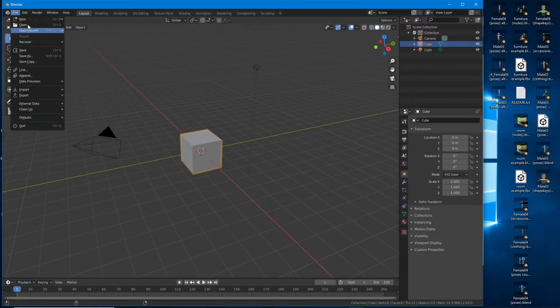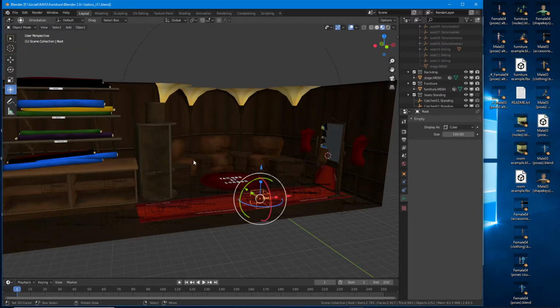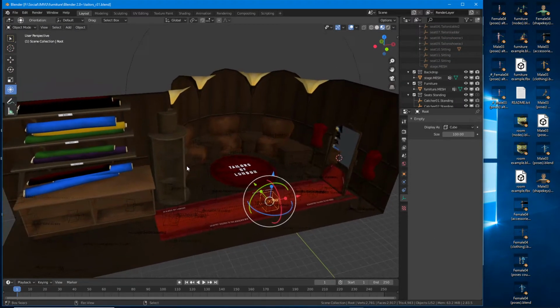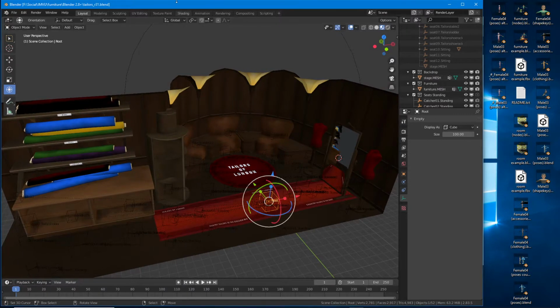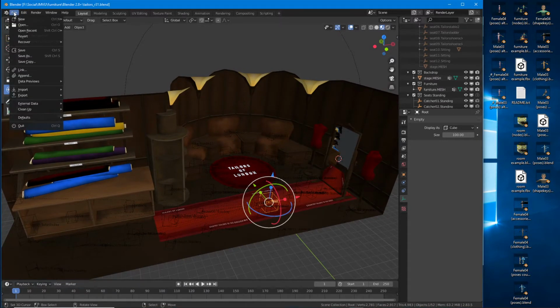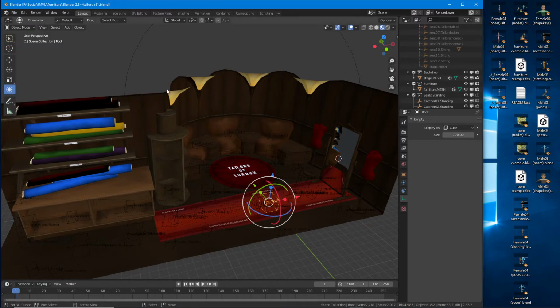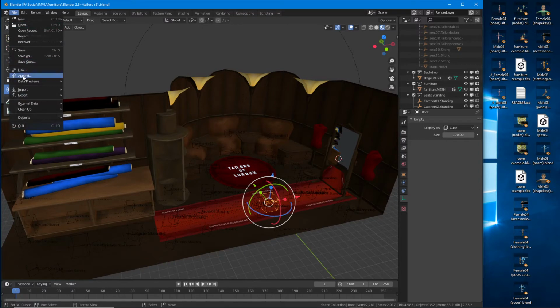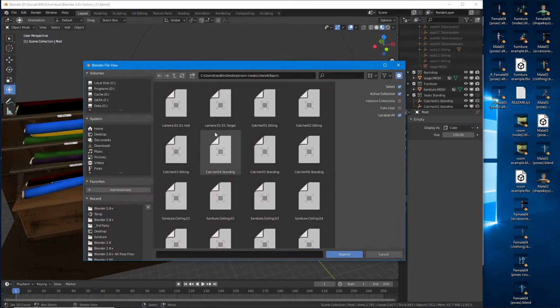New 31. So that's the furniture. And what we're going to do is append the core components of a furniture room into this project. So we'll bring them in so that we have all the bits that we need. So file, append. We need to find the